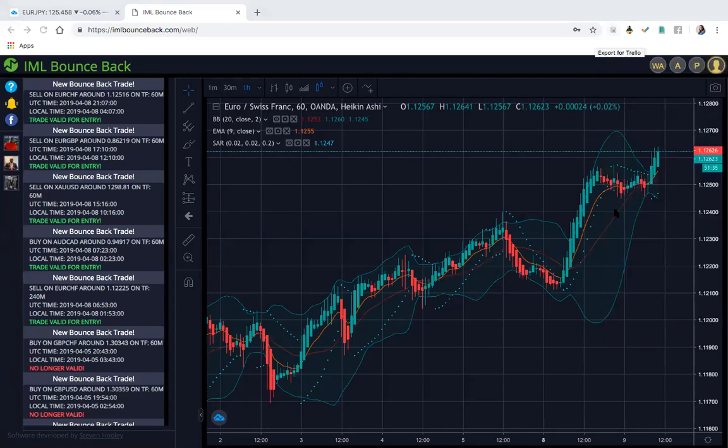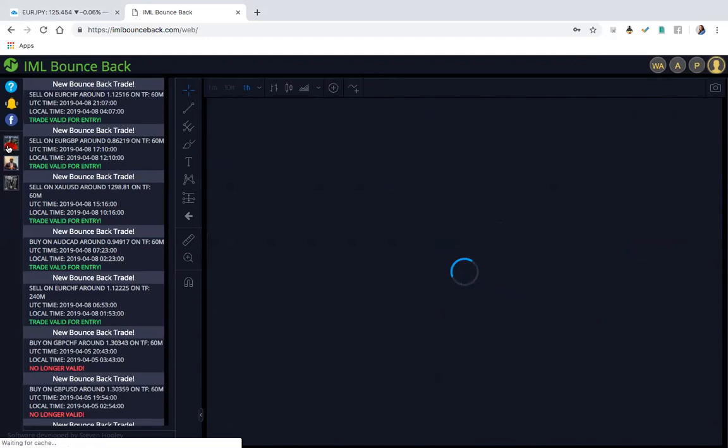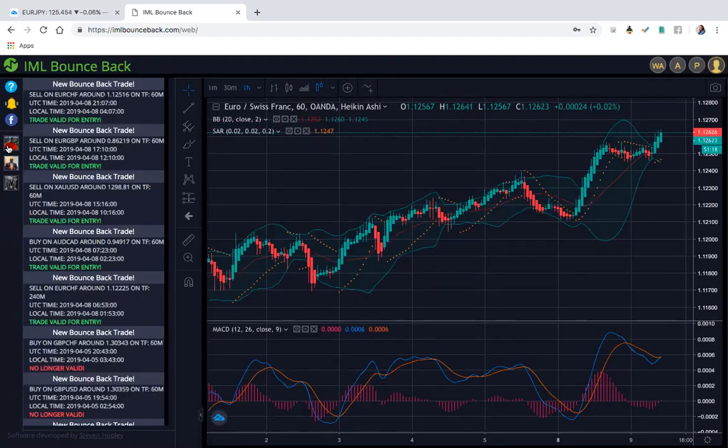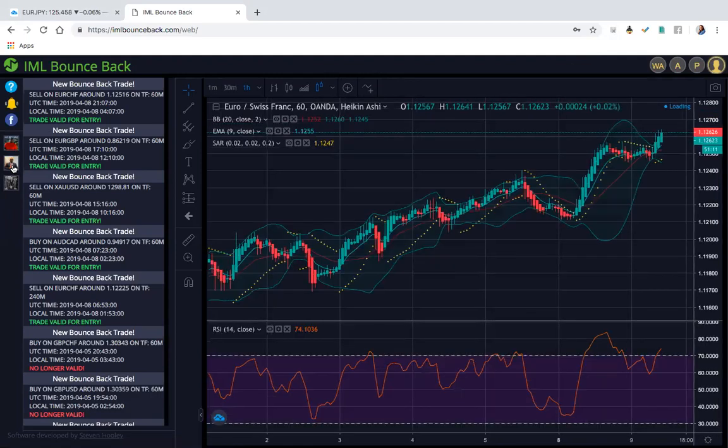Good. So I'm going to focus today a lot more on the Bounceback website rather than on TradingView, for more or less entries, right? Today I want to really get entries going. Let me just have a look at something quick. And one thing I wanted to mention